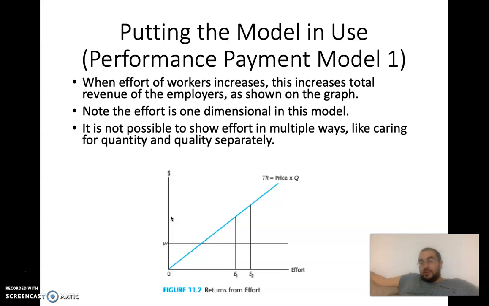Of course, we assume this wage level, the y-axis, is also correlated with the price,